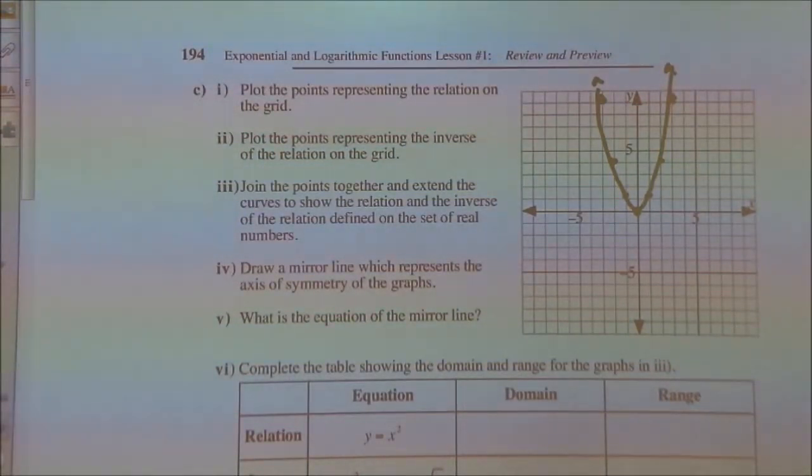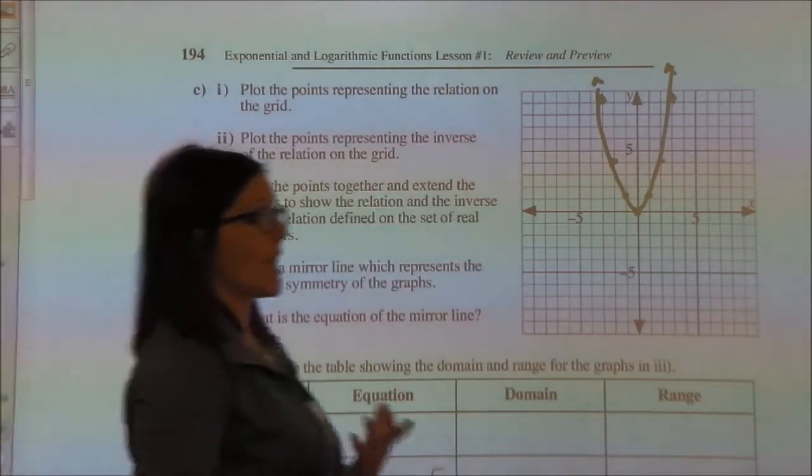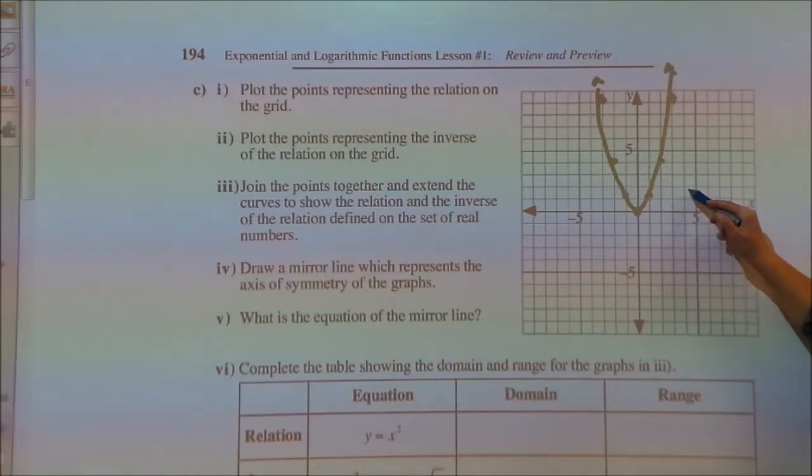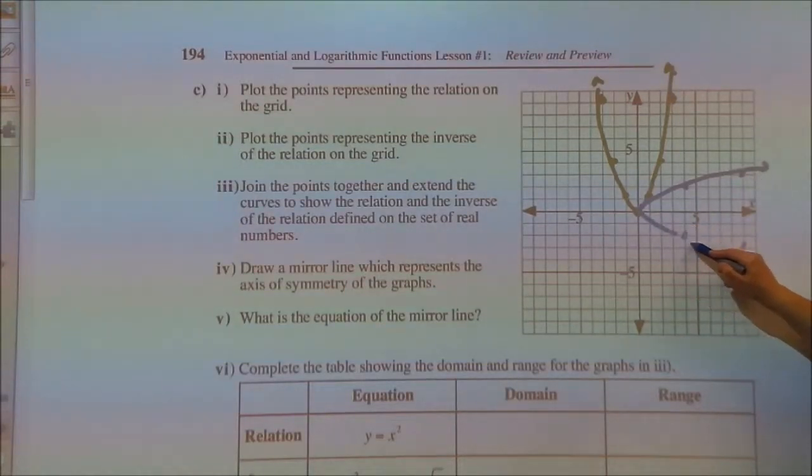So now if I was to inverse this. When I inverse this, one of the points that I got is that when x was 4, y could be positive 2 or negative 2. When x was 9, y could be positive 3 or negative 3. So this becomes my new graph. And if I draw that mirrored line that Kyle talked about before with the 0 and 0 and 10 and 10,